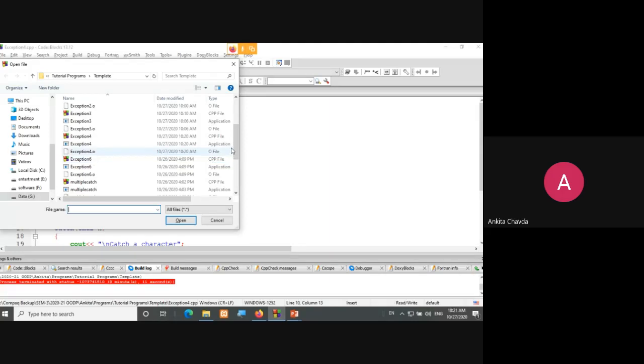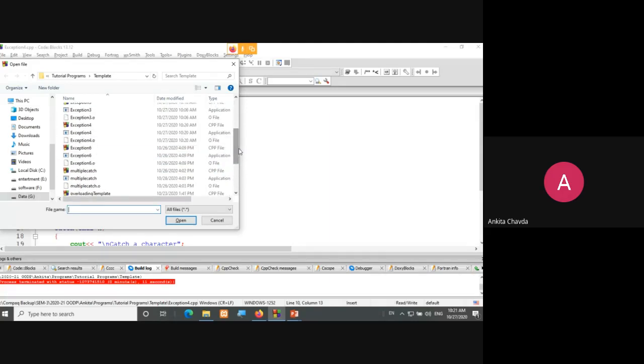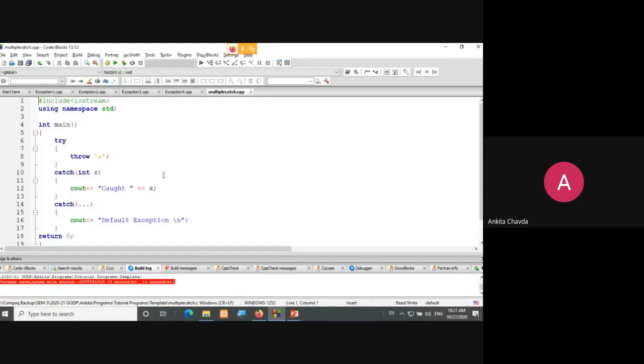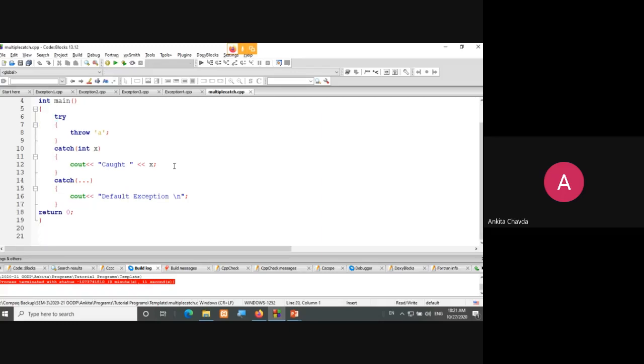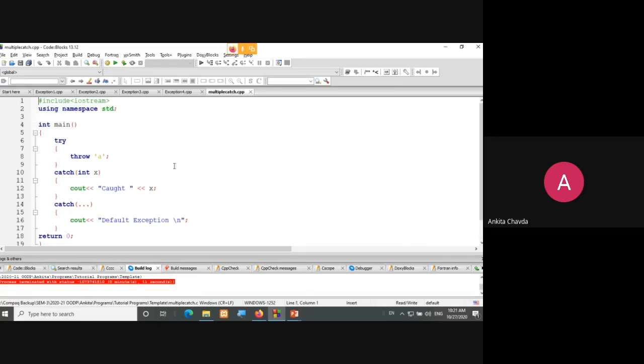So what you can do over here is write a catch which is able to handle all kinds of exception.